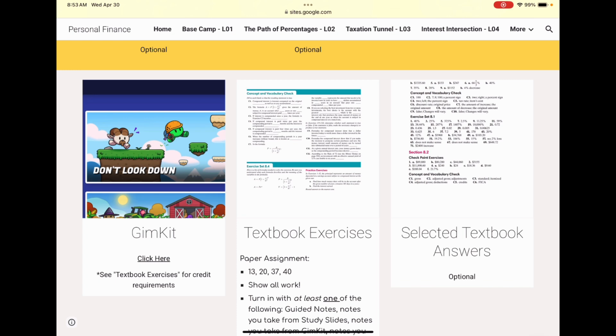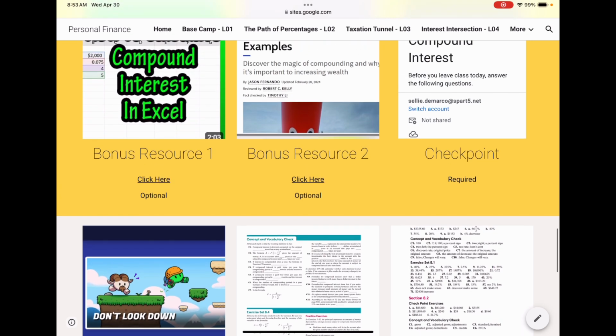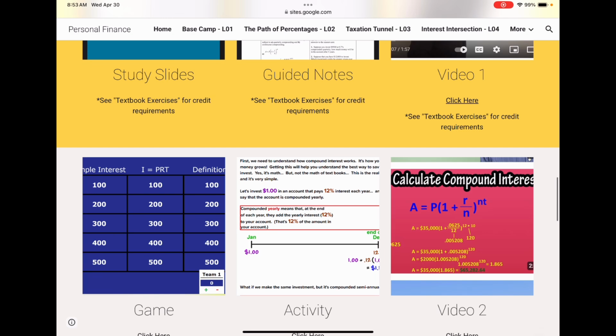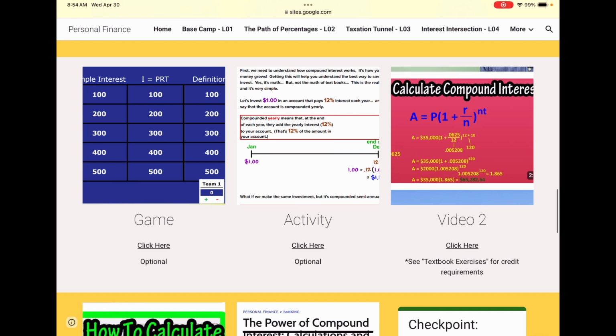Another component I would like to point out is that every lesson has had at least 2 simple interactives. These include instant feedback, where the student participates in a self-guided formative assessment on a subset of the lesson objectives. I'm going to scroll back up past our bonus resources. The activities come right underneath your notes, right underneath the study slides and guided notes. In this one, I have a Jeopardy game on the left, and in the middle is an activity. Sometimes they're games, sometimes they're activities, but that way the students can test themselves as they go throughout the material.